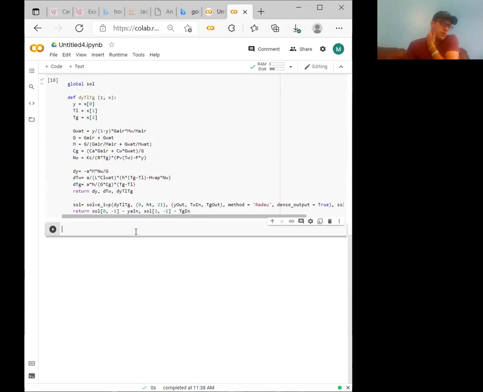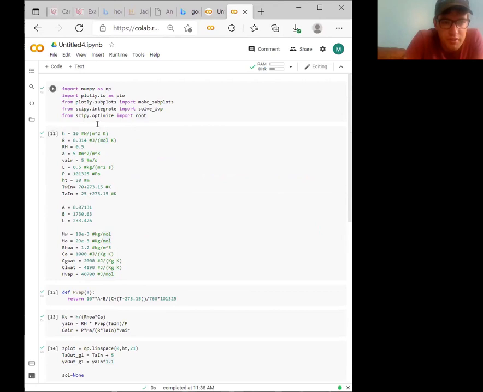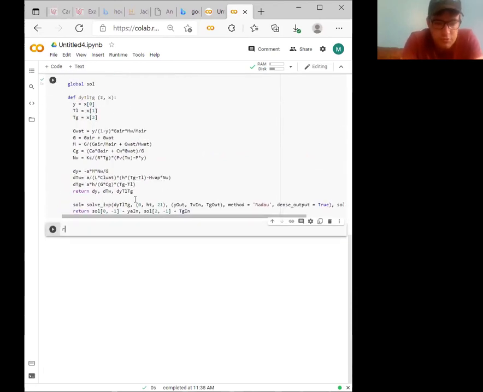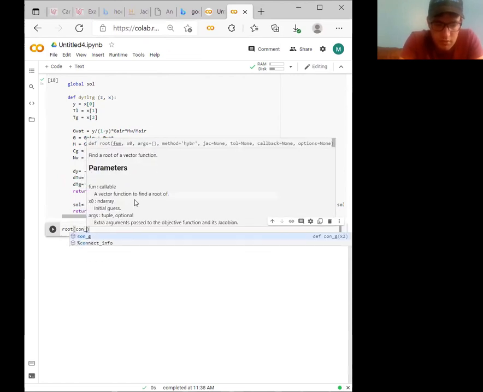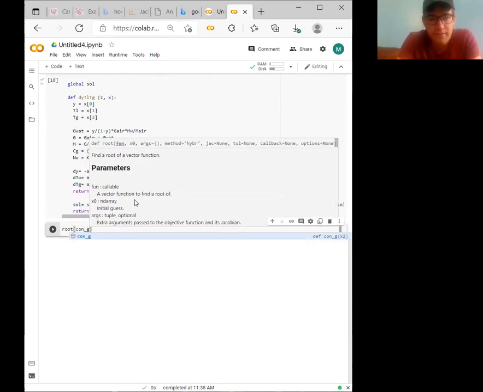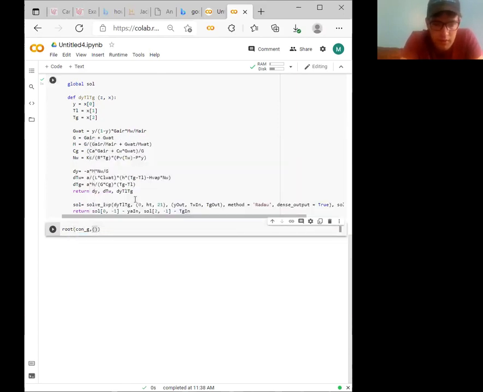Okay, cool. So now we are going to use our root solver from the toolbox as we inputted earlier, from the SciPy optimized toolbox, to solve this initial value problem. Okay, we already solved the initial value problem, but to find the roots of this equation and solve for our differential equations, I'm going to do root and then con G, root of our defined function above. And I'm going to do then our